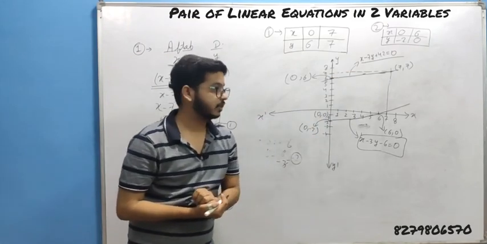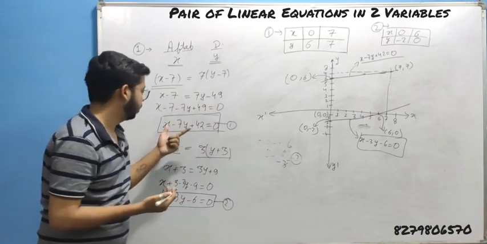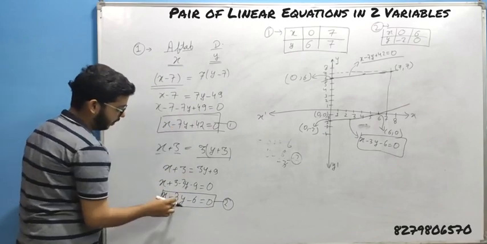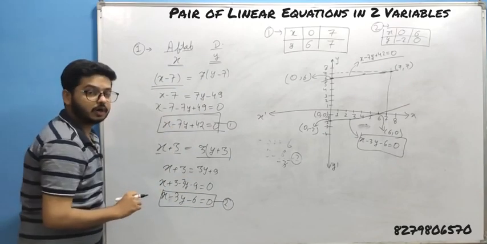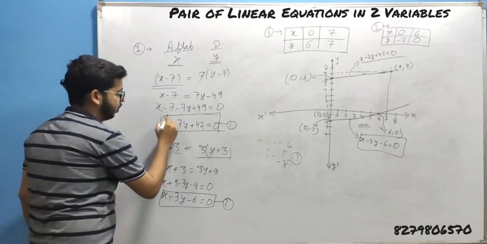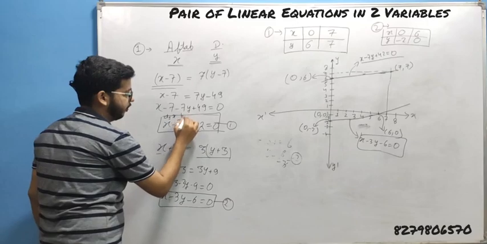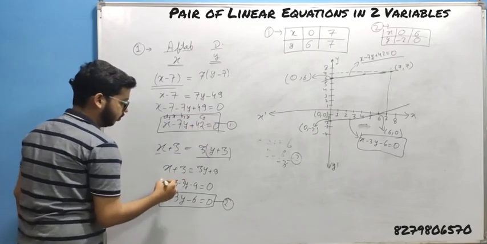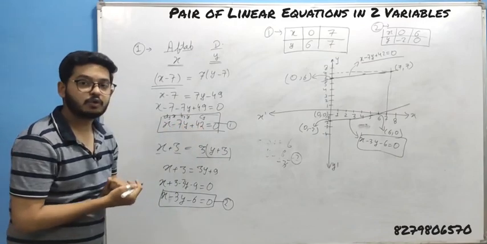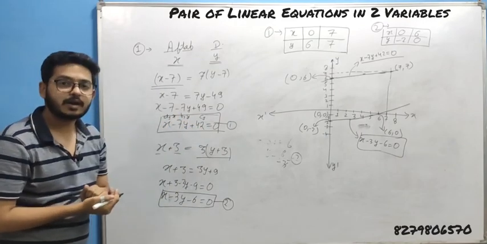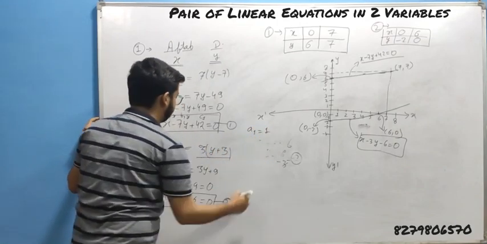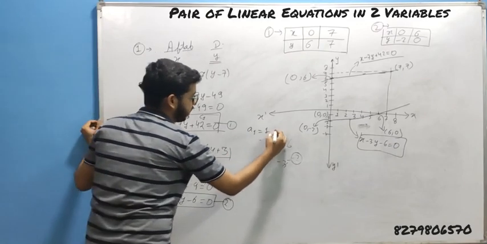We can see from here that if we compare a1 upon a2 with b1 upon b2, these are not equal. The standard form of these equations is a1x plus b1y plus c1 is equal to 0. So we have to compare with standard forms. So what will we get? a1 is 1, b1 is minus 7,